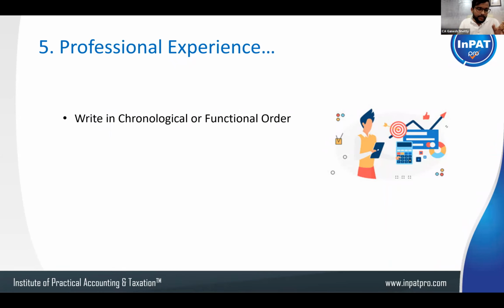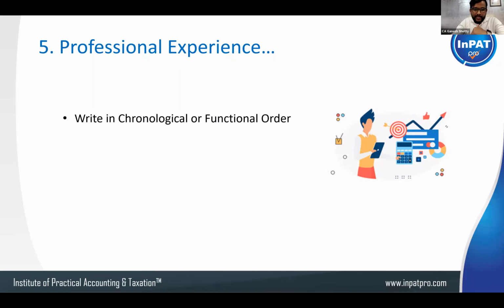Chronological order is basically based on time. The newest is first, the oldest is last. That's about it. Say I have just quit an organization where I was working for the last 2 years. That should be first, on the top. Then below that, before that, I was working in a small organization, and before that.